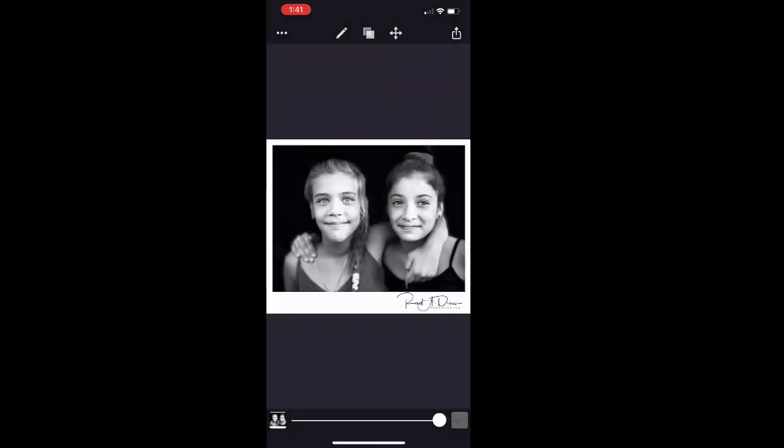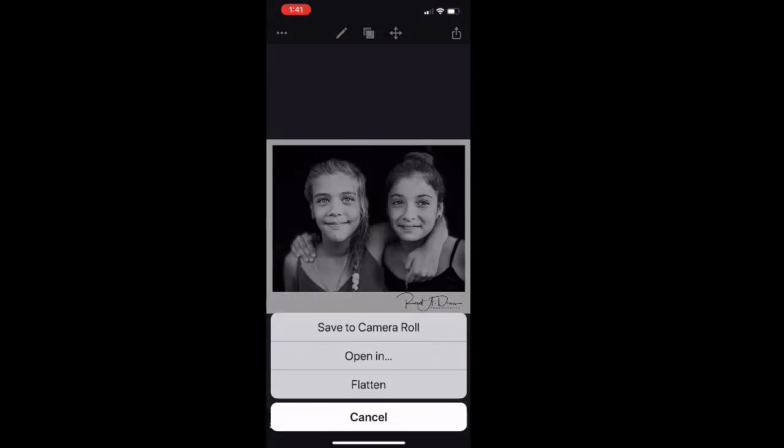And now I can actually adjust the intensity of that too. Now I can take the slider and slide it down, and I can make it gray or lighter. I want it to be full effect here. And now I'm done. I'm going to click the share icon in the upper top of the right and save it to the camera